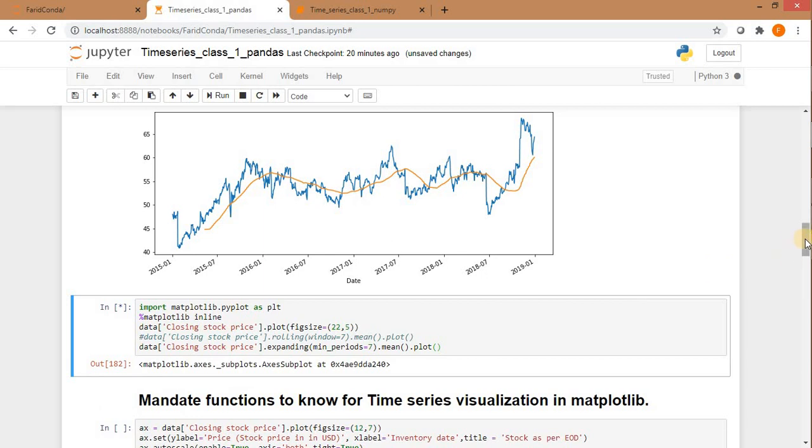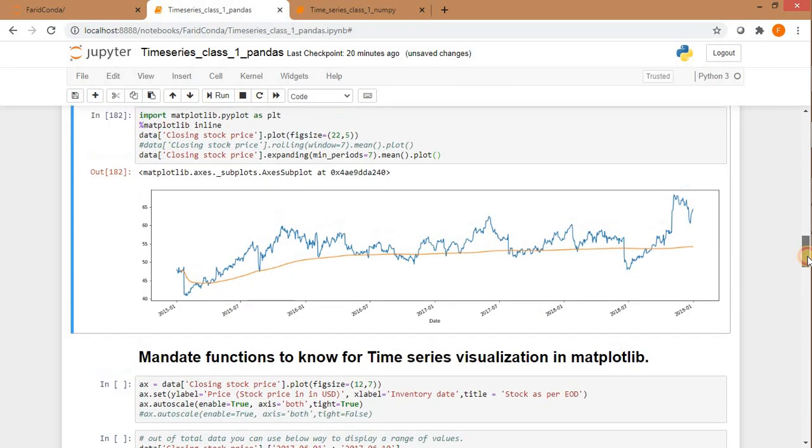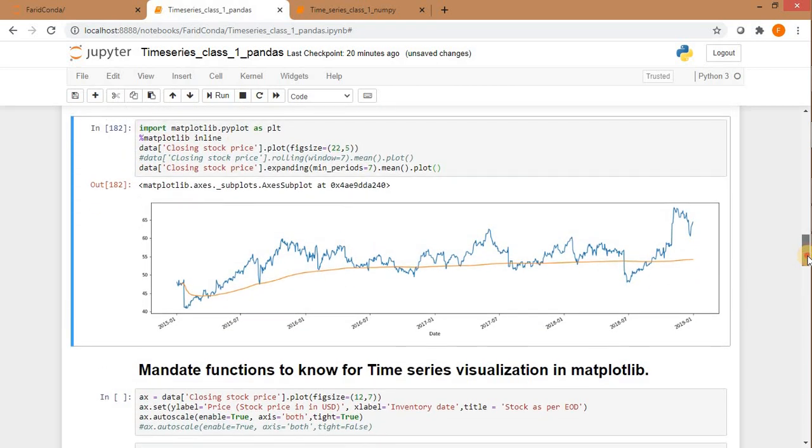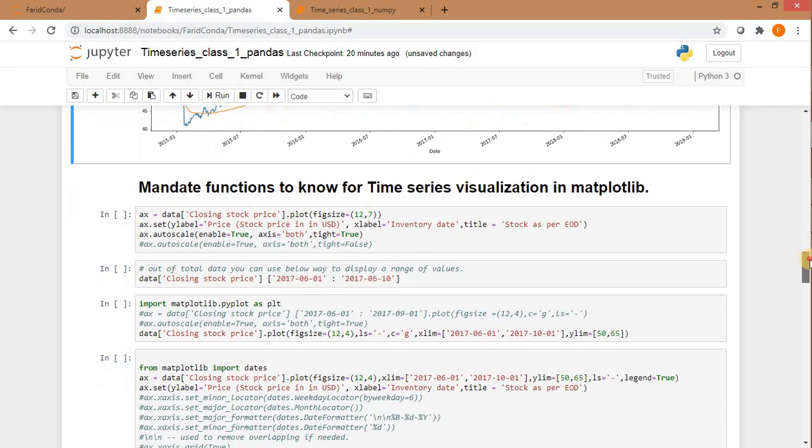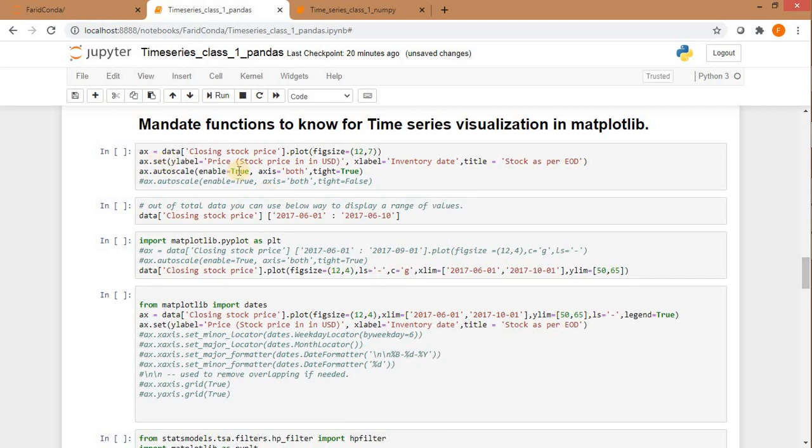This is the result of expanding. This is the plot with the expanding function. I did not label it. We don't know exactly what the x-axis and the y-axis mean, and what the title of this plot is. We did not design much. Now using this labeling option, we can decorate it and make the plot more meaningful.